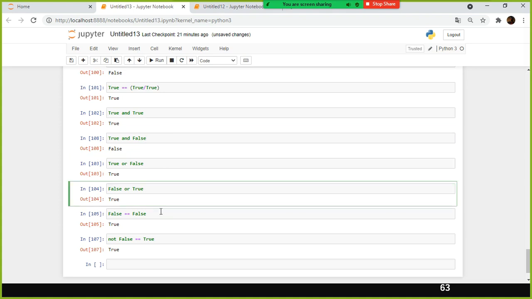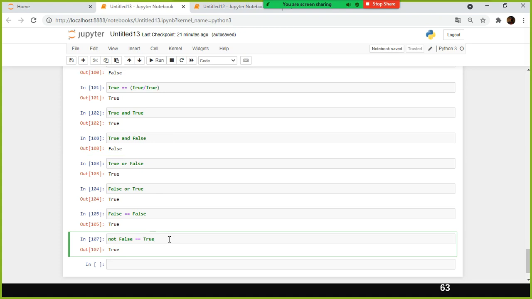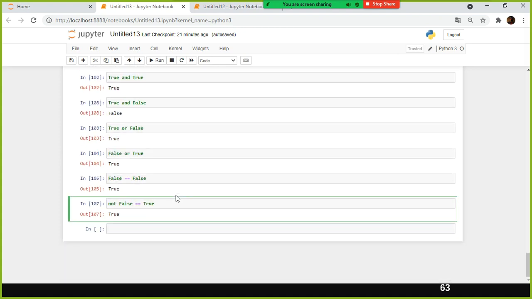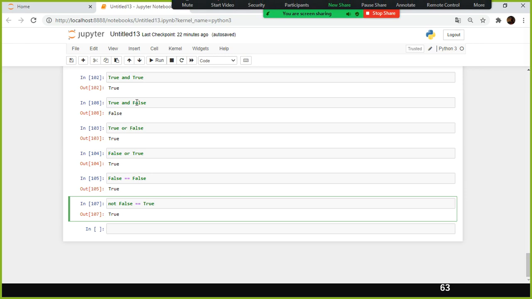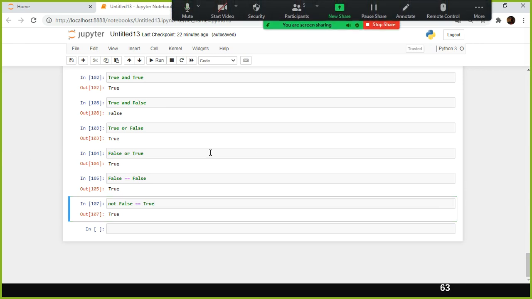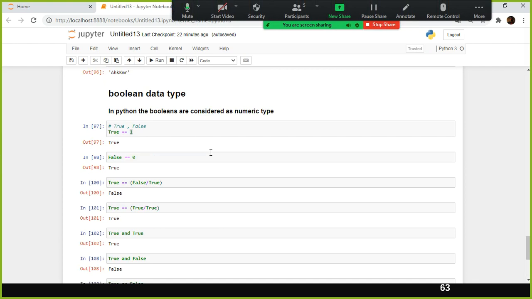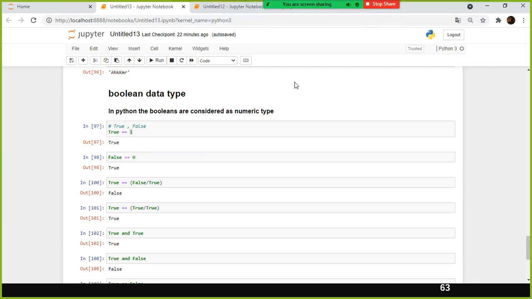This is the basic thing. You must have studied during school time itself. Nowadays in CBSE, even for the 8th standard, they cover C and C++ language. But anyhow, those of you who are new to programming or studied in college long back, 20 or 30 years back, it will be a refresher for you, okay? So these are called Boolean operators. True and false are your Boolean values. The Boolean data type will have only two values, true or false. In the case of Python, the Boolean values are considered as a numeric type.